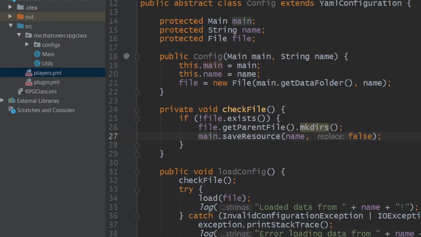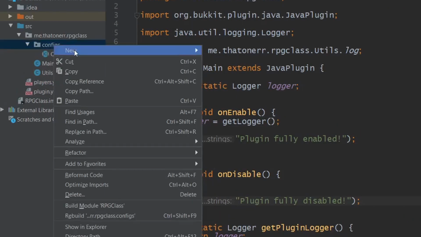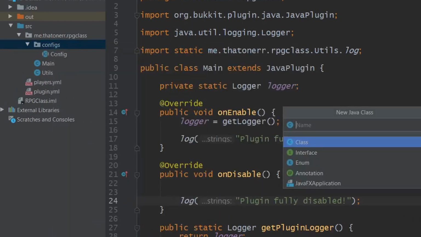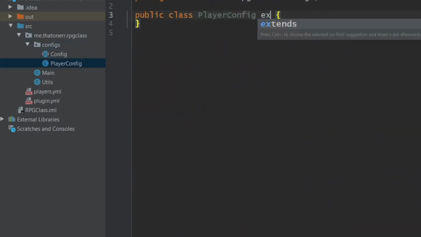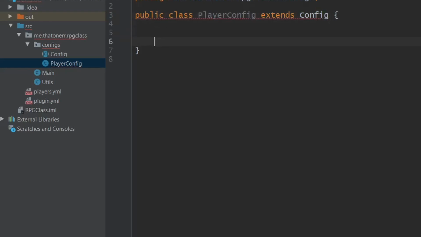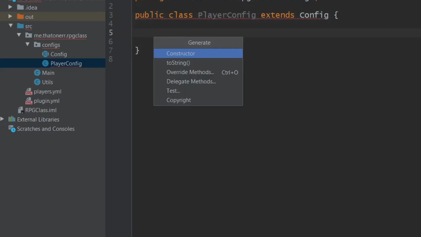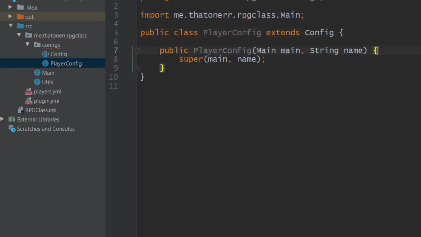And it should mostly be done for this. So now we can go ahead and extend this configuration class. We need one configuration file for saving player information. I'm going to call it PlayerConfig, and we're going to extend our newly created configuration abstract class, import the constructor,